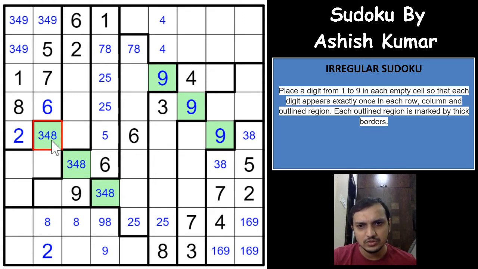Nothing much. So in this region, where can a 4 be? As you can see, whatever digit you have here will have to be here, and that indeed will have to be here. Now where can the 4 be in this region? It cannot be in these three cells, it cannot be here, and because of the 4 it cannot be here. So the only place for the 4 has to be this cell.